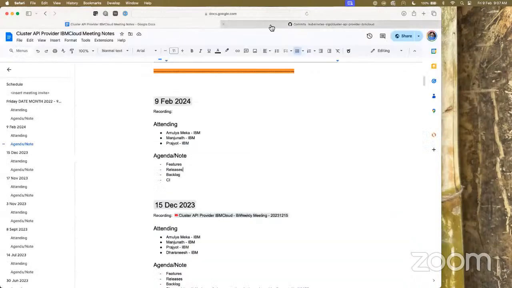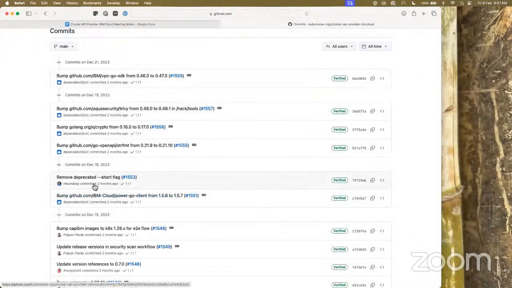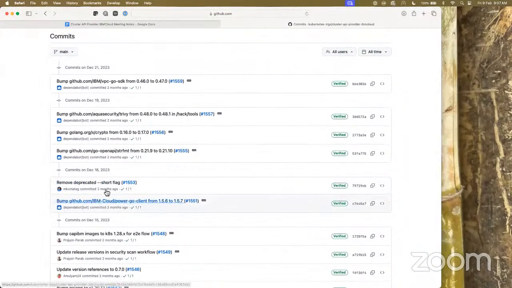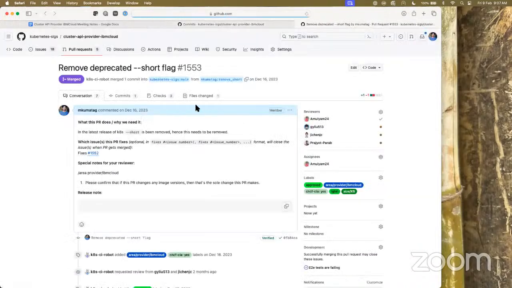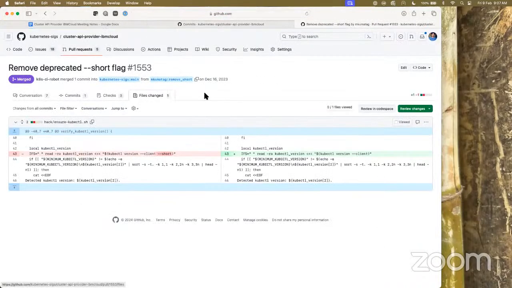Apart from that, after 15th, we delivered this one, for removing the short flag. I think with the latest kubectl, we don't use this short anymore. So that's deprecated, so we just removed that.